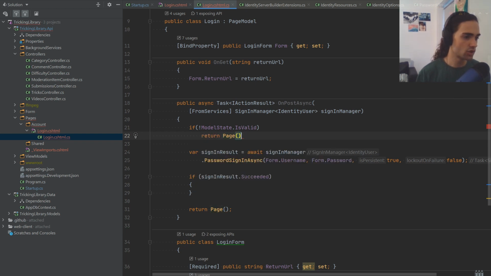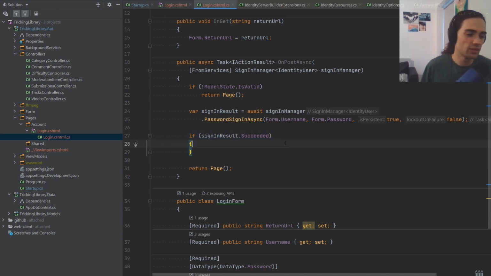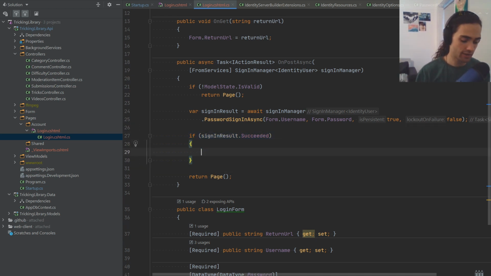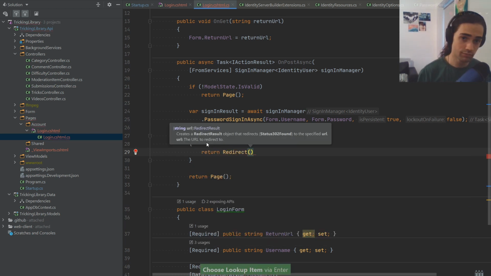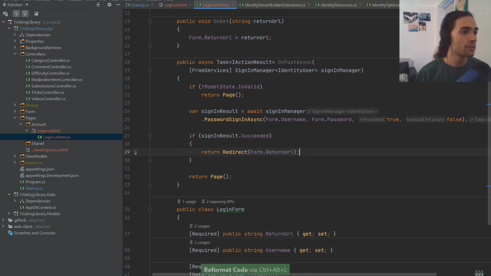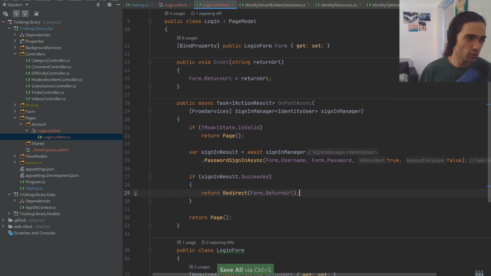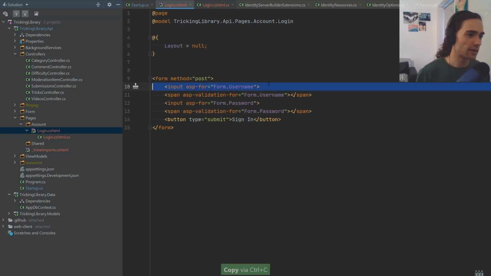Return page. If the login form that we're submitting isn't valid, go back. If you didn't have a successful login attempt, go back to the page, and otherwise, let's go back to our application. So this is where on the form we want to use the return URL, and in order not to lose the return URL between here and here,